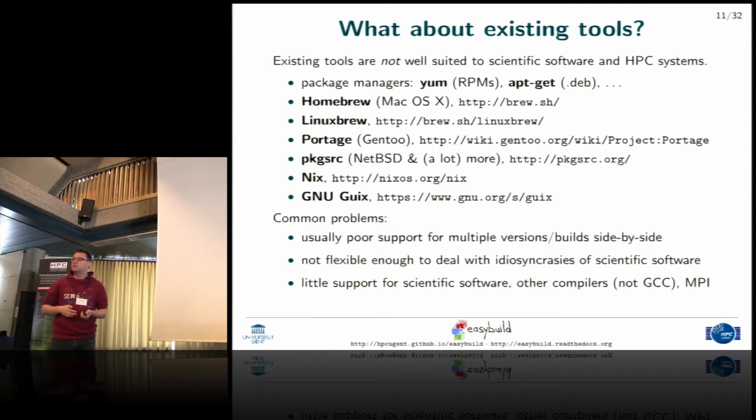Of course, there are existing tools out there. Installing software is not a new problem. The package managers have been doing a great job of this for system tools and even some scientific software, or at least the supporting tools are pretty easy to install with something like Yum or apt-get, and lots of people are working hard on packaging and making sure the packages are up to date. There are platform-specific solutions as well, like Homebrew on OS X, which is really popular and works really well. There's actually a port for Linux as well, Linuxbrew. I'm not sure how actively maintained it is, but there's certainly stuff there, and it rides on top of Homebrew. There's Portage in Gentoo, which is known for compiling pretty much everything from source,